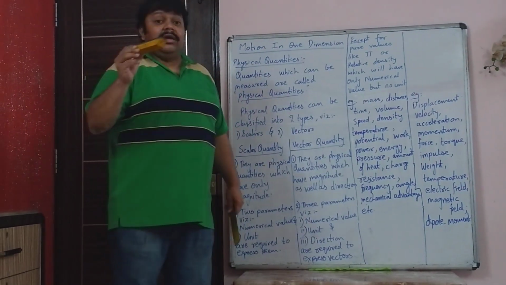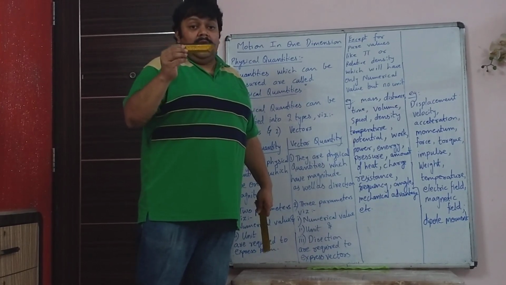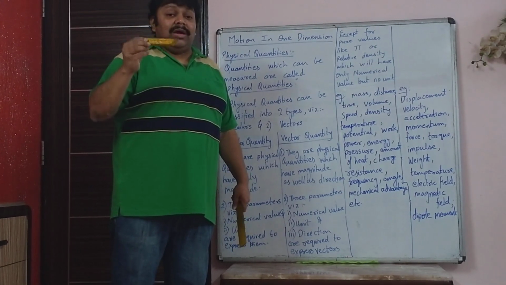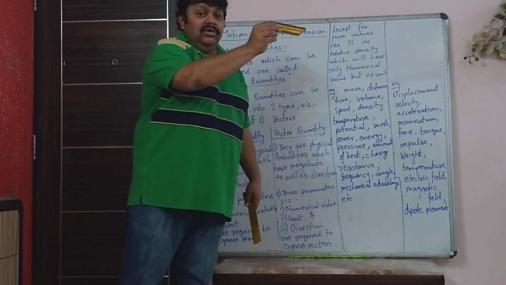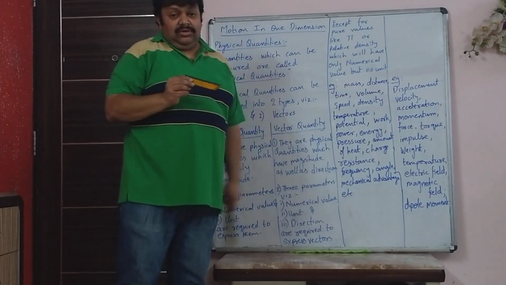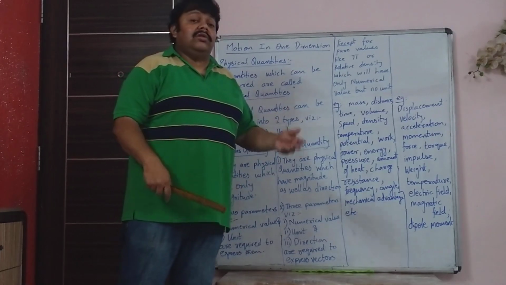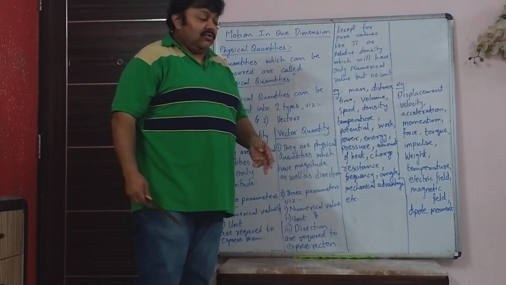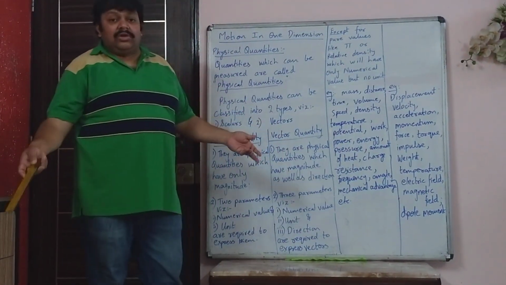So force and impulse, both of them, when you say force, I applied a force of 5 Newton to this duster. How do I know in which direction it moved? I don't know. So I have to say I applied a force of 5 newtons to the left. So then I will know that the duster moved to my left. So that has to be mentioned. Here the direction is left, you can say it is towards the west, that is direction.